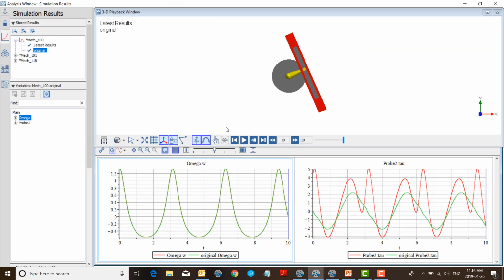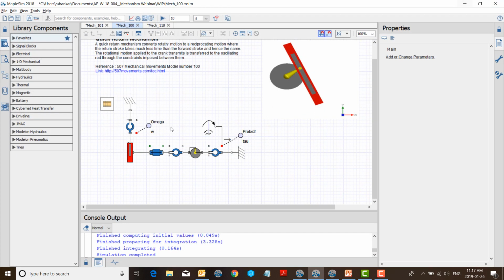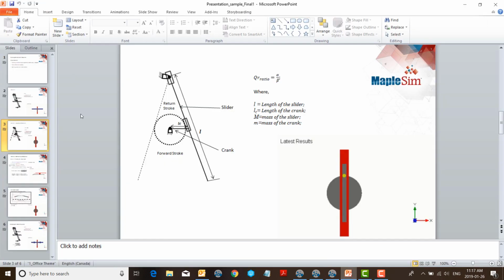So when we see the simulation, right now both the simulations are overlapping on top of each other, the plots are also overlapped. In order for the system to remain at a constant speed of 2 radians per second, you can see the increase in the torque to compensate the spring and the damping force. Perfect. Now let's just go back to the next mechanism,